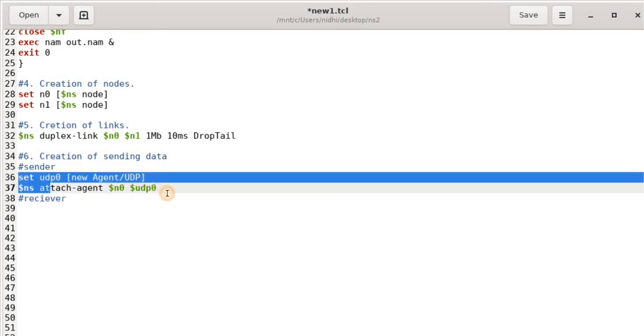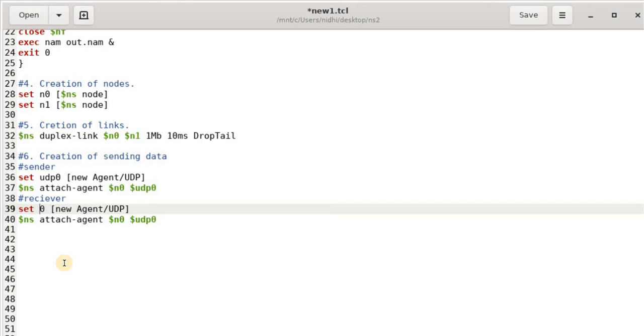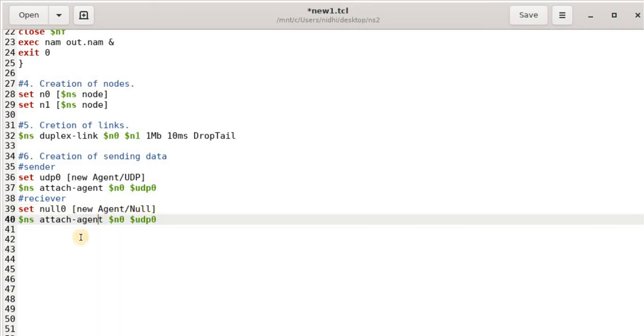So just copy paste this one here. The sender has the capability of UDP, but the receiver cannot send the data towards the sender node, that's why we are taking the object null, and here also null. So you can understand it that way, that UDP is used for the sender and null is used for the receiver. So my receiver node is N1 and my object name is null0.